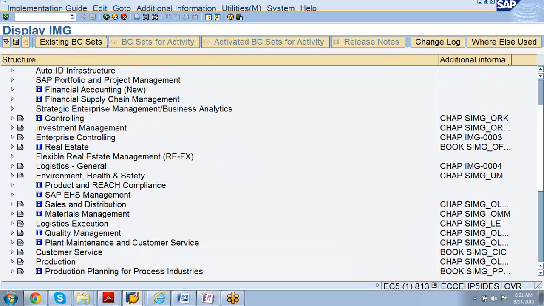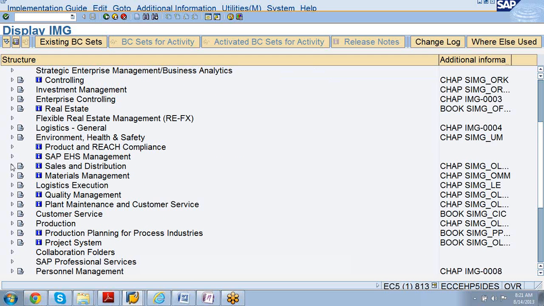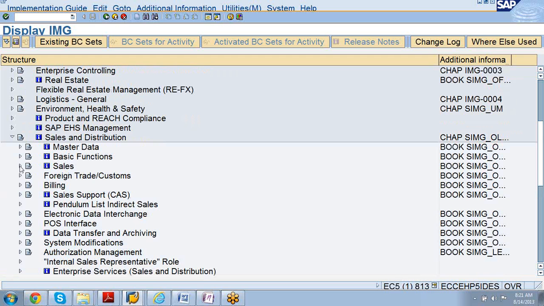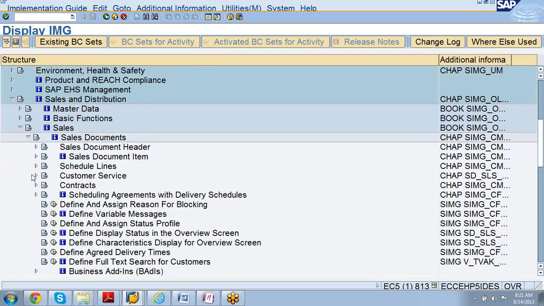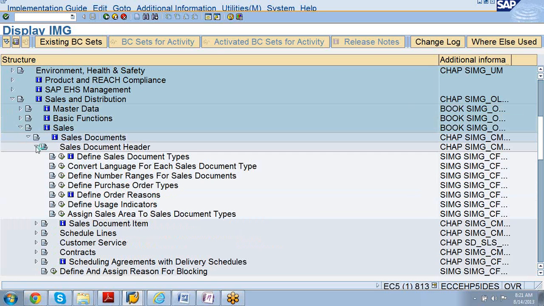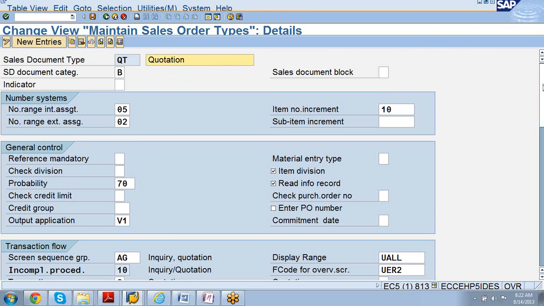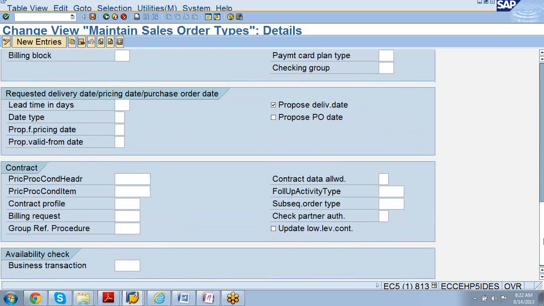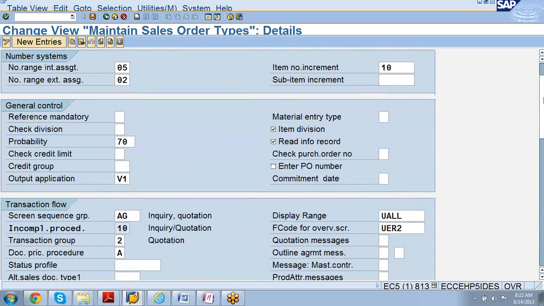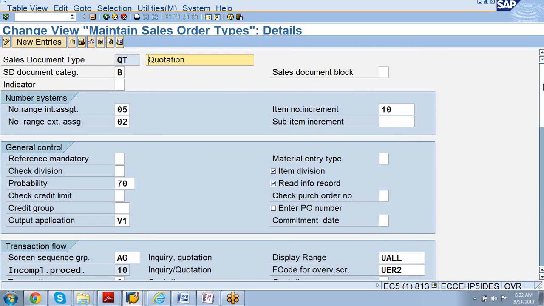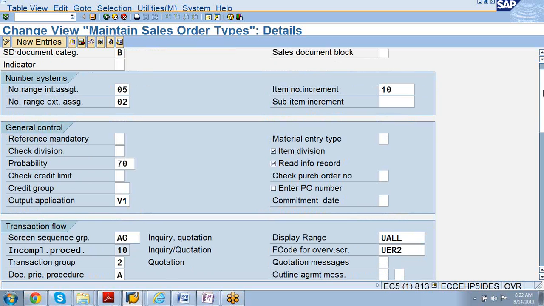And when you go to SPRO, sales and distribution, sales documents, sales document header, and write this: header customization process. Header is controlled by the following. You write one by one. Controlled by the following characteristics: